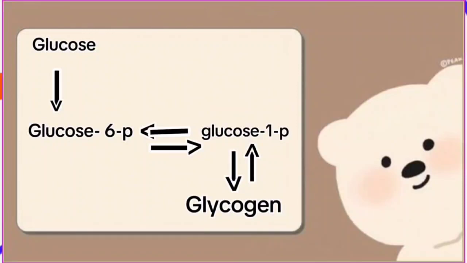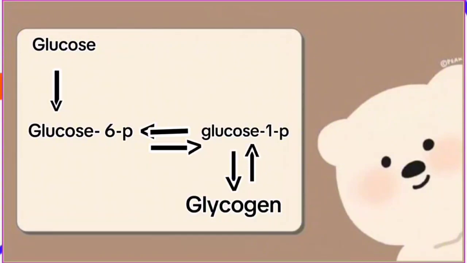Hexokinase initiates glycolysis by converting glucose to glucose 6-phosphate. Subsequently, phosphoglucomutase transforms glucose 6-phosphate into glucose 1-phosphate, leading to glycogen synthesis, or glycogen degradation, glycogenolysis. It involves multiple steps to produce glucose 1-phosphate with glycogen phosphorylase as the primary enzyme. The process then reverses, converting glucose 1-phosphate back to glucose 6-phosphate